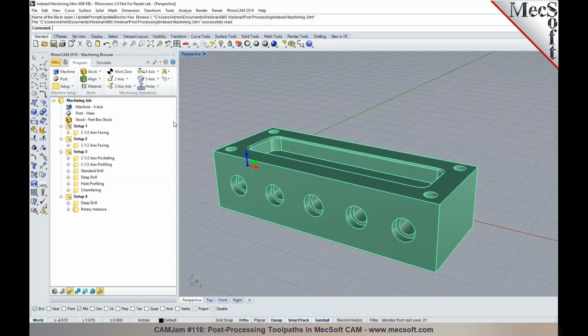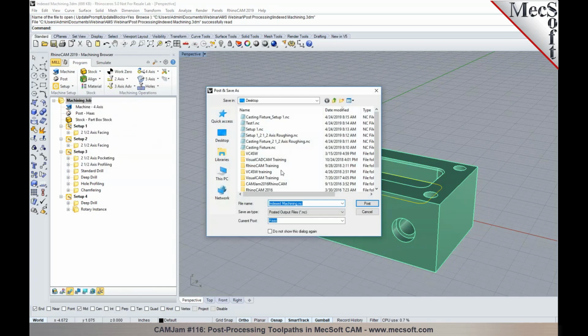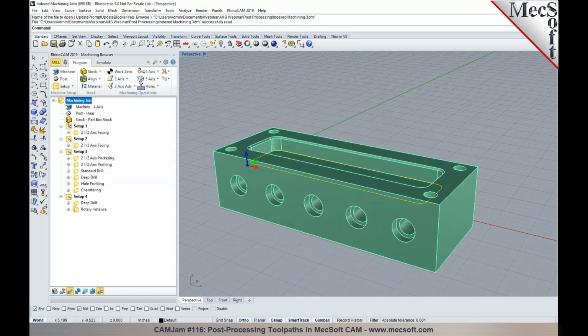Once you've done that and selected your post processor, you would be programming each orientation in a different setup using rotate table setups. If this is going to be an indexed operation, you would be doing rotate table setups. Now that you've programmed different setups, you would want to post all of them out to your machine tool. So right click and select post all. We'll post each of the setups